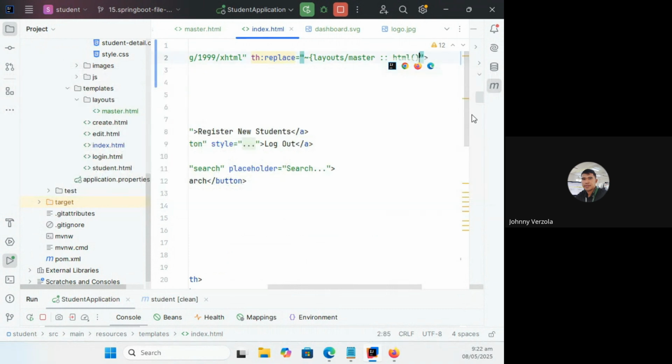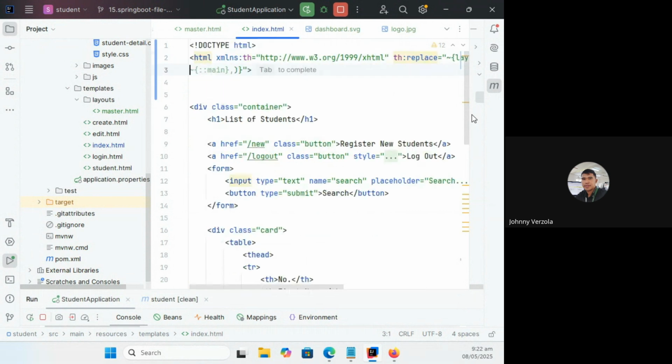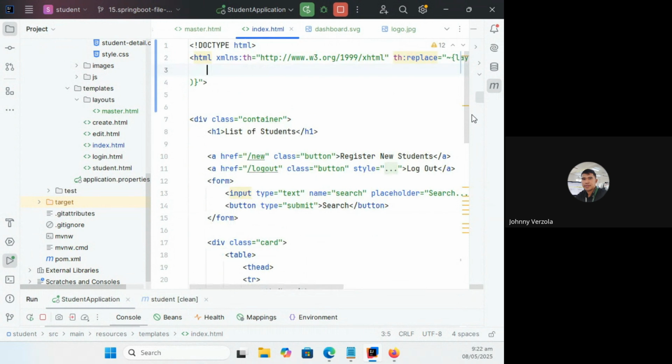Remember the content that we specified in the master layout. We're going to refer to it here just this way. So you specify the slot name or slot variable name. What I mean by the slot is the placeholder reference which we set in the master layout.